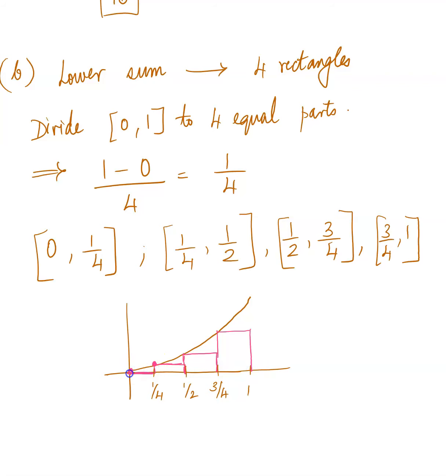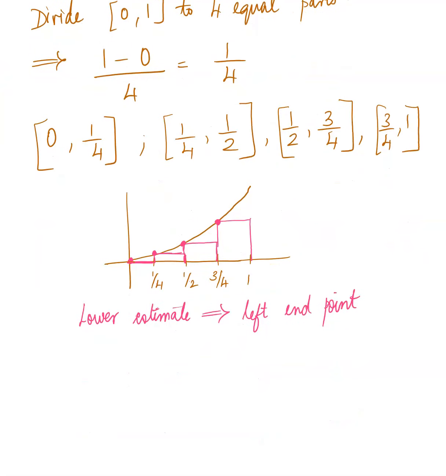You do have your coordinates. And what you notice is the heights of these rectangles happen at the left end point of your rectangle, right? That's the left end point. So we can see a connection here and say lower estimate implies left end point, because the left end point is what you're going to plug in to get the height of the graph in each case. So here it's a 0,